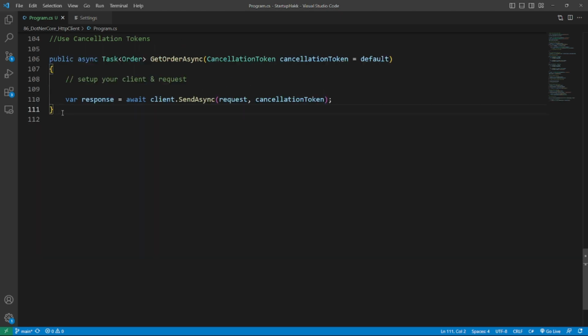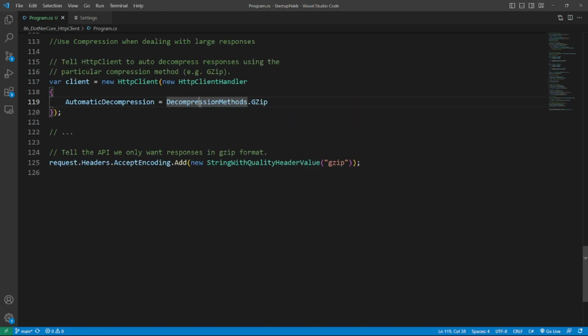Alright, there's one more best practice. Use cancellation tokens. Making HTTP calls to an API can be a relatively slow process in comparative computing terms, so you should provide the option to cancel calls. This also allows you to free up resources as quickly as possible. HTTP client's asynchronous methods such as SendAsync provide the ability to pass in a cancellation token. So for example, here,